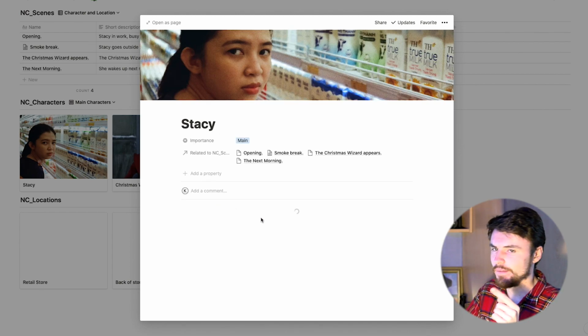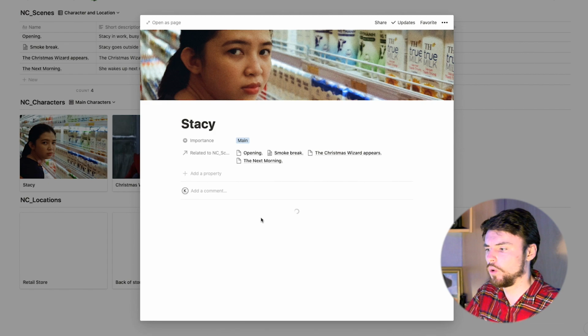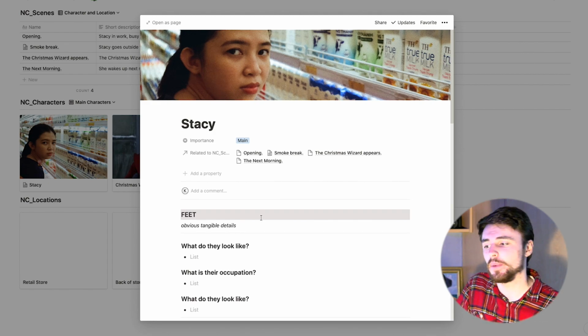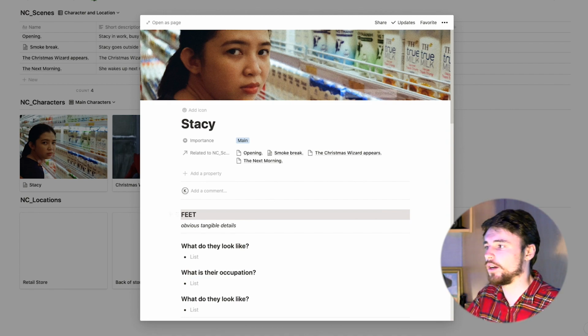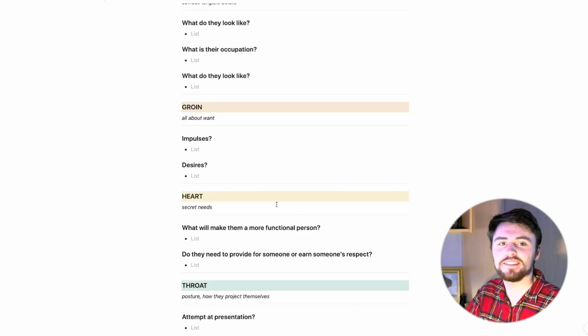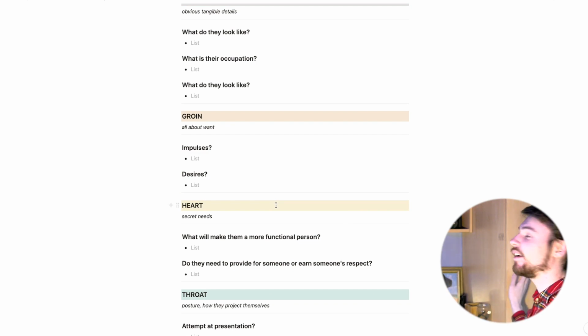The template I've added in here was originally created by Film Crit Hulk, but I saw it in a video by Rocket Jump. I'll link that below. I instantly went, oh, this is great. I love this. And I had it sticky to my wall for a little while. Lego.